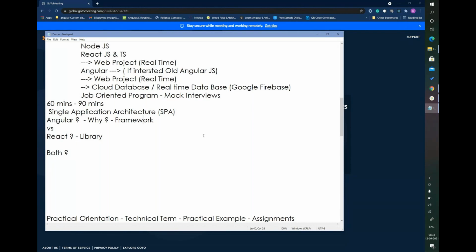Okay, so React is completely based on JavaScript. The JavaScript methodologies will have more impact, like if you are learning JavaScript with ES6.